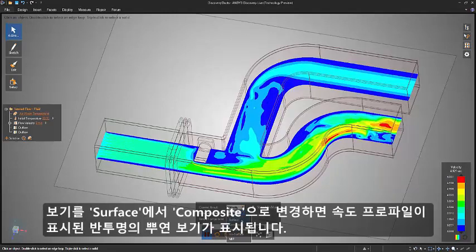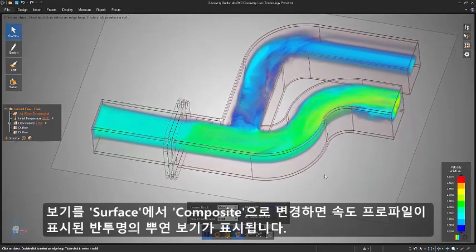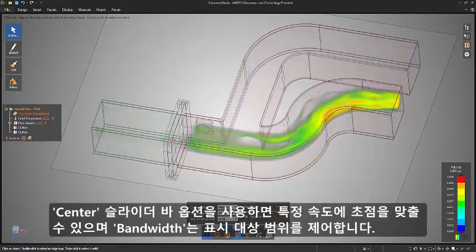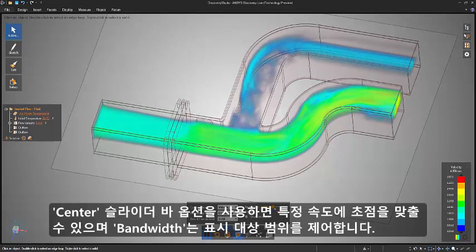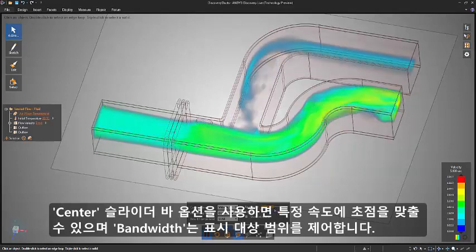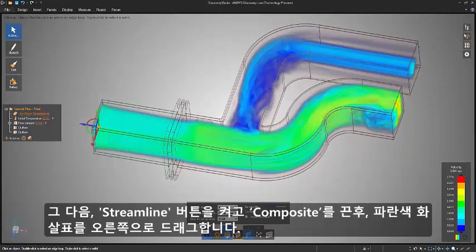Change your view from surface to composite, and you'll see a smoke-like view of semi-transparent colors showing velocity profiles. The center slider bar option will let you focus around a certain velocity, and the bandwidth controls the expanse of what is shown. Next, turn the Streamline button on and the composite view off, and drag the blue arrow to